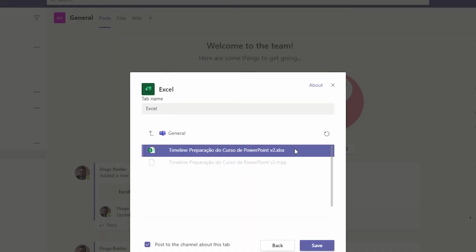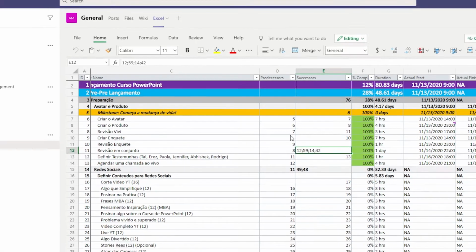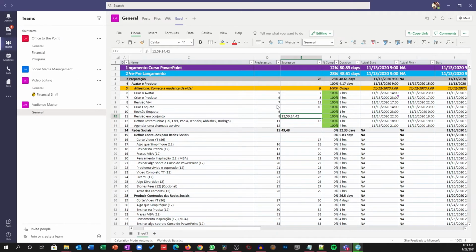Once I open it, it will bring Excel as software as if it were part of Teams, inside the Teams UI. And will ask me which file I want to get opened. Once I choose this Excel here, see what happens. It opens in full screen, like if Excel were part of Teams. This is one of the biggest promises by Microsoft, to have one single UI that integrates and consolidates all your tools into one single place, into one single work environment for you to expedite and have more agility